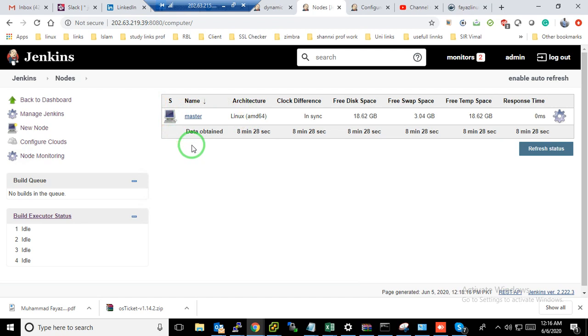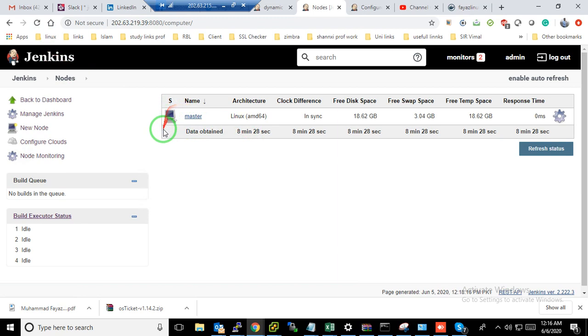For the dynamic one, my scenario is like this: Jenkins will run a job on my slave node, which would be created dynamically via my jobs, and the node will be added here. In that node I will run a Docker container, and in that Docker container I will run my job parameters from Jenkins.